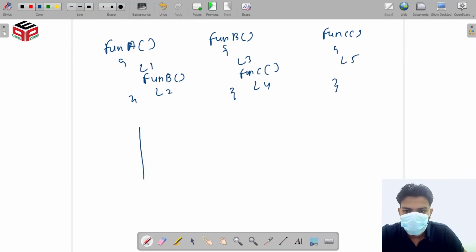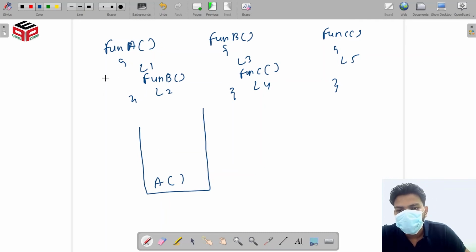So this is our stack. Initially function a is called. Then line number 1 will run, and then function b will be called, and function b will come at the top of the stack. When function b runs, line number 3 will run, and function c will come at the top of the stack.